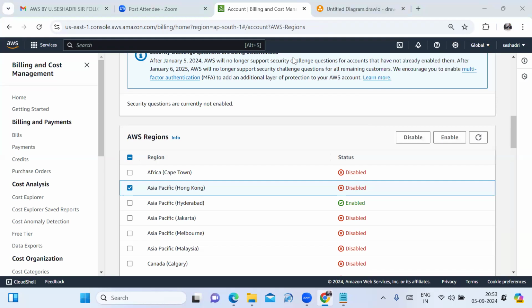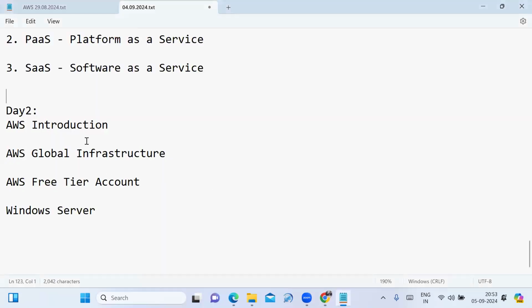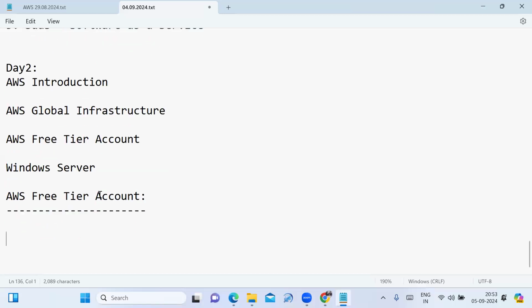Fine. Now, that is the AWS introduction and the AWS global infrastructure I had to explain. Friends, in today's session I want to explore what steps we have to follow to create your AWS free tier account. To create it, 3 things are required. One is your credit card or debit card.